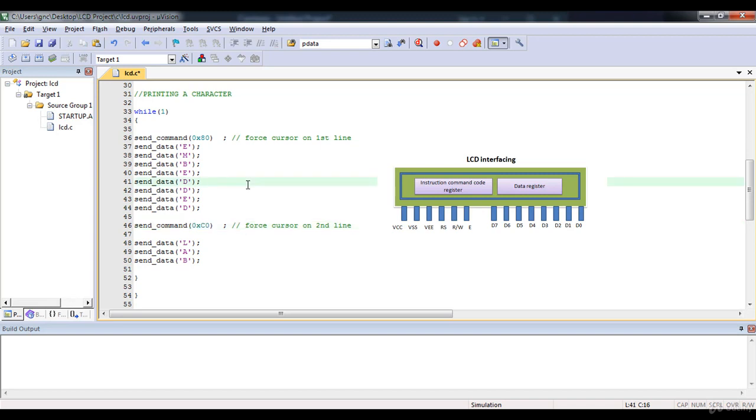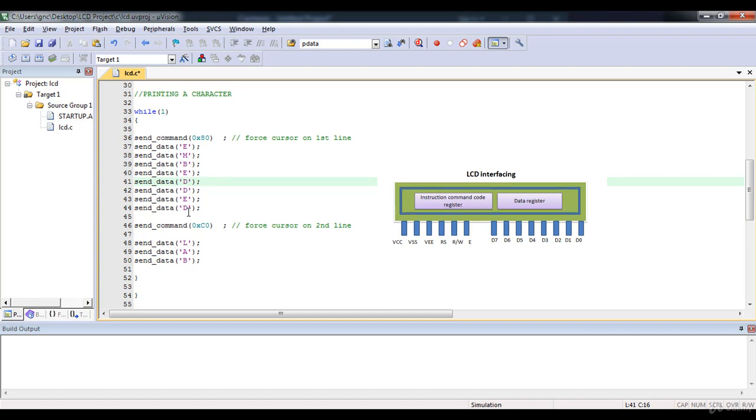Since we have LCD 16x2, we have two different rows. On first row I want to write embedded, and on second row I want to write lab, and I want this information to display continuously. That's why this complete information is under a while(1) loop.